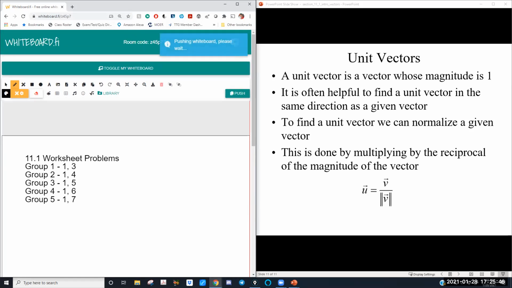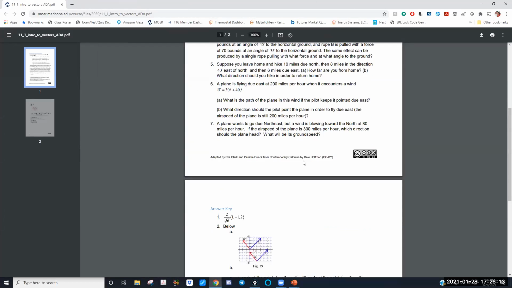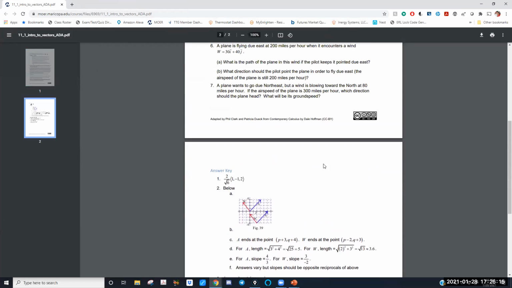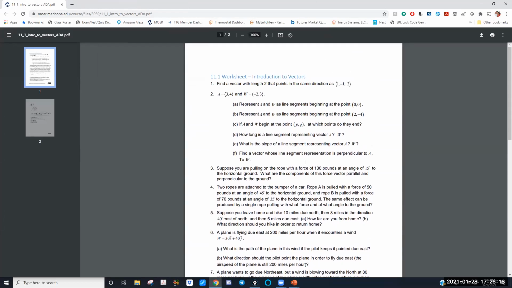All right, so once you're in groups, we did a little practice run on groups last time. So this is our first time actually working problems in groups. Let me kind of let you know the expectations. The expectation is for your group to work on these 2 problems. If you finish these 2 problems early in your group, go on to another problem. You know, there's an answer key on the second page of the worksheet. Let me bring the worksheet over. The answer key is right here, so you're going to be able to check your answers. We're going to skip number 2 on this worksheet just for time's sake. Feel free to work on another problem in your group, but those are the problems that your group is responsible for, and you're going to post in the forum.